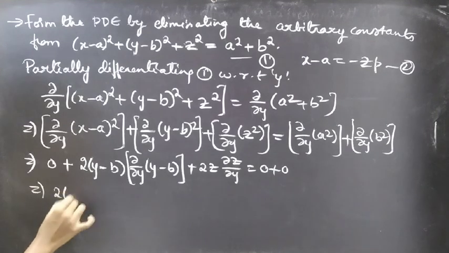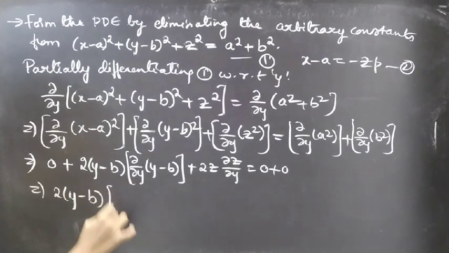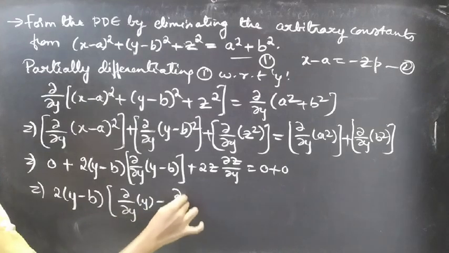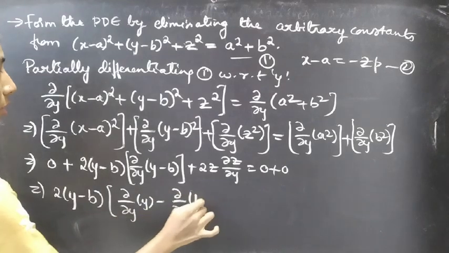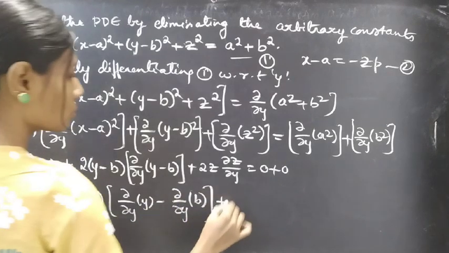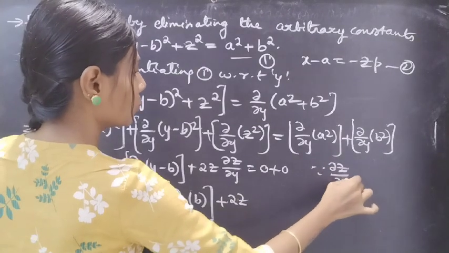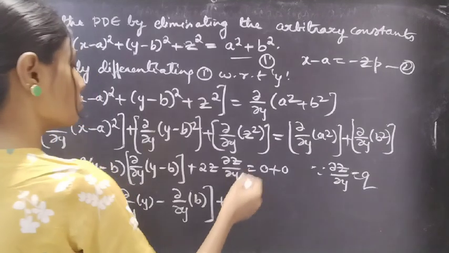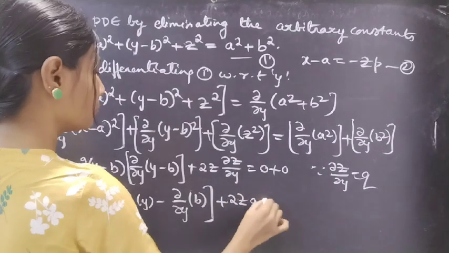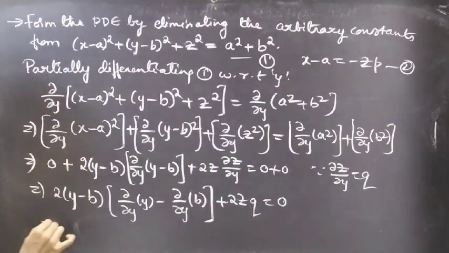Which gives us 2 times (y minus b) into the partial derivative of y with respect to y, minus the partial derivative of b, a constant, with respect to y, plus 2z into, since we have the notation ∂z/∂y equal to q, let's replace ∂z/∂y with q. You'll get,